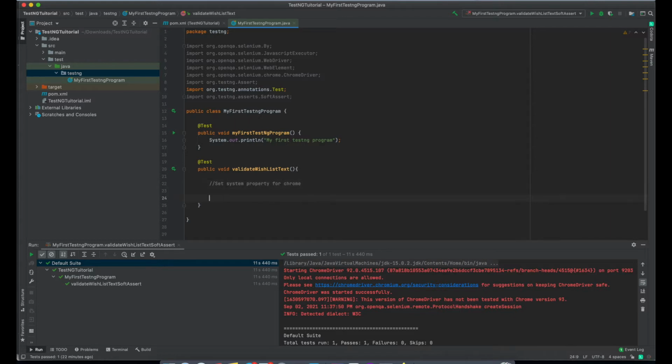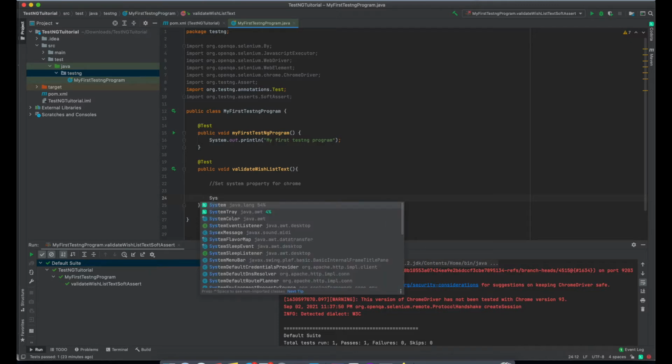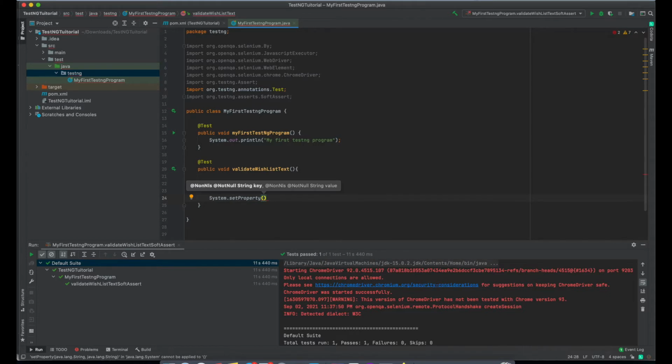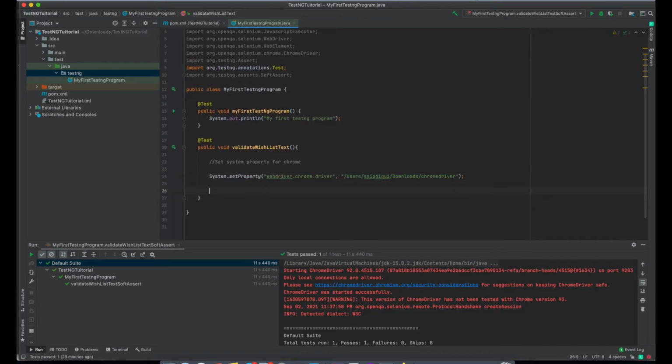In order to set it, we are just going to write System.setProperty, and in this we are going to pass webdriver.chrome.driver and the location of the Chrome driver that we have in our system. Once this has been done, we are going to instantiate a Chrome driver class.